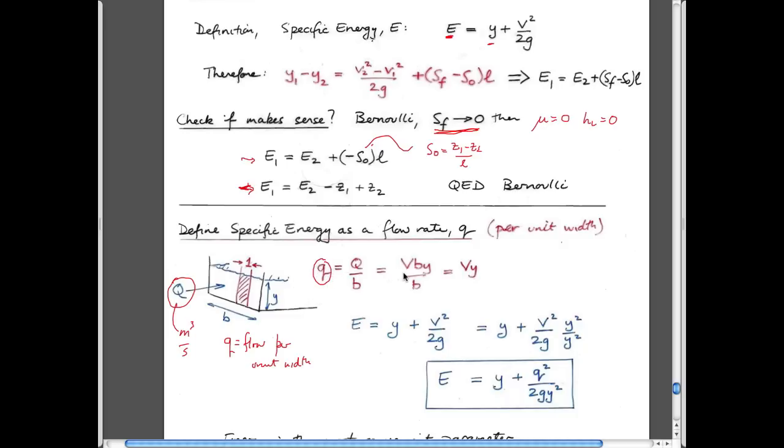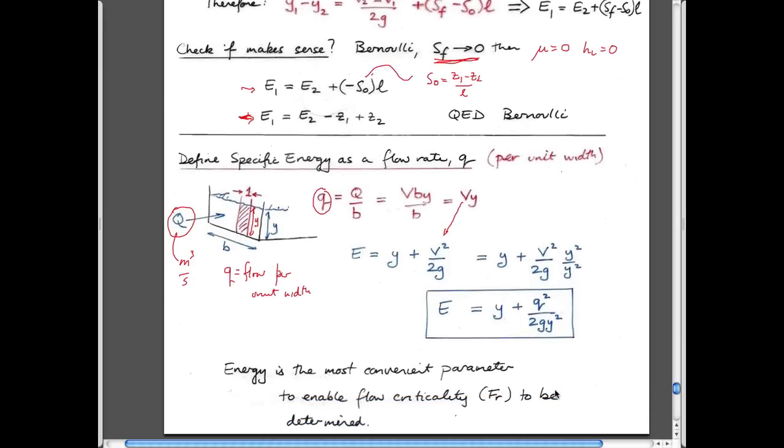If we figure out exactly what this volumetric flow rate is, it's just going to be the flow velocity multiplied by the area. The area is just equal to the depth times the width, right? Velocity times depth times width gives you a volumetric flow rate, and dividing by the width just gives you velocity times depth. And so what we can do is take this magnitude of velocity and substitute it into this energy equation. And if we do that and rearrange it, the punchline, so you don't have to remember this manipulation, is that